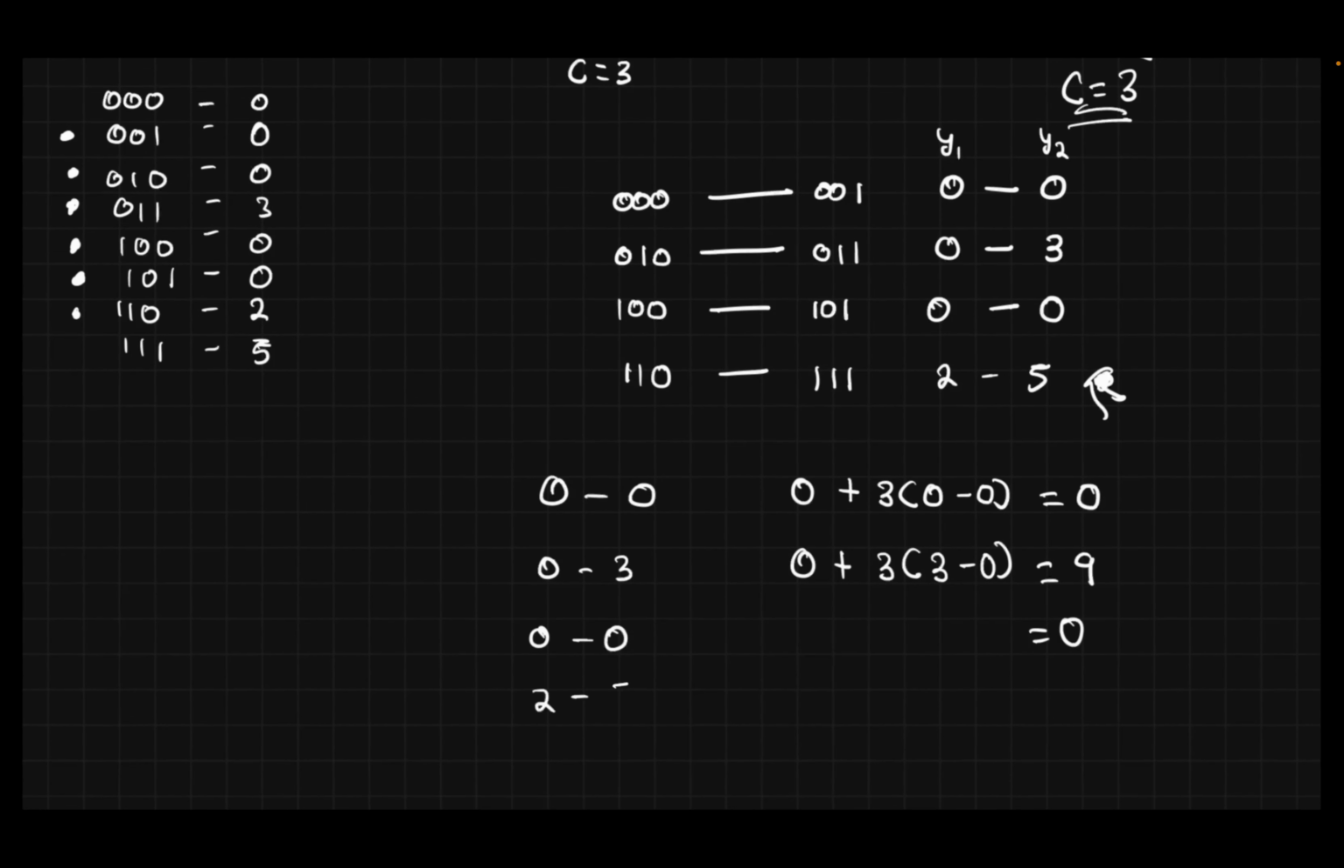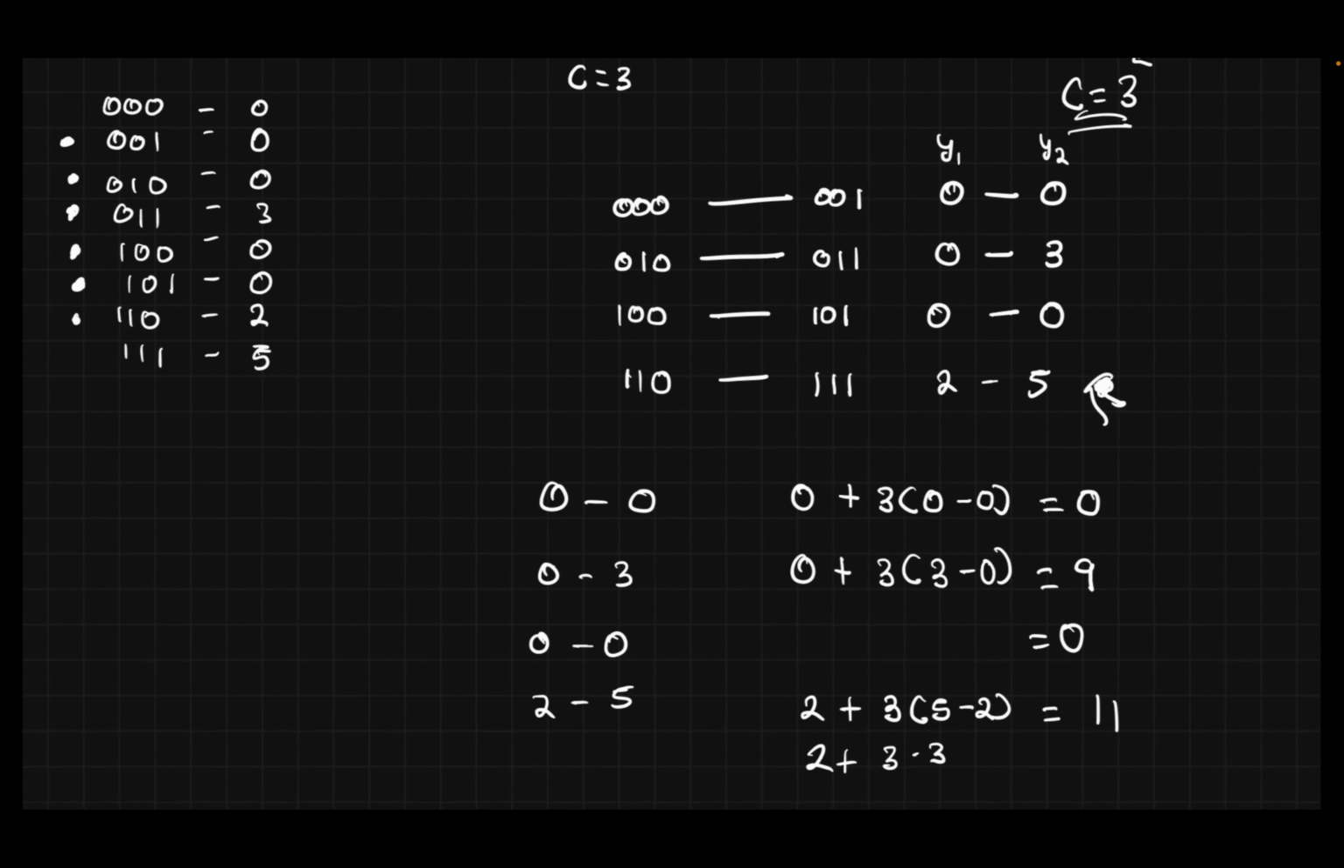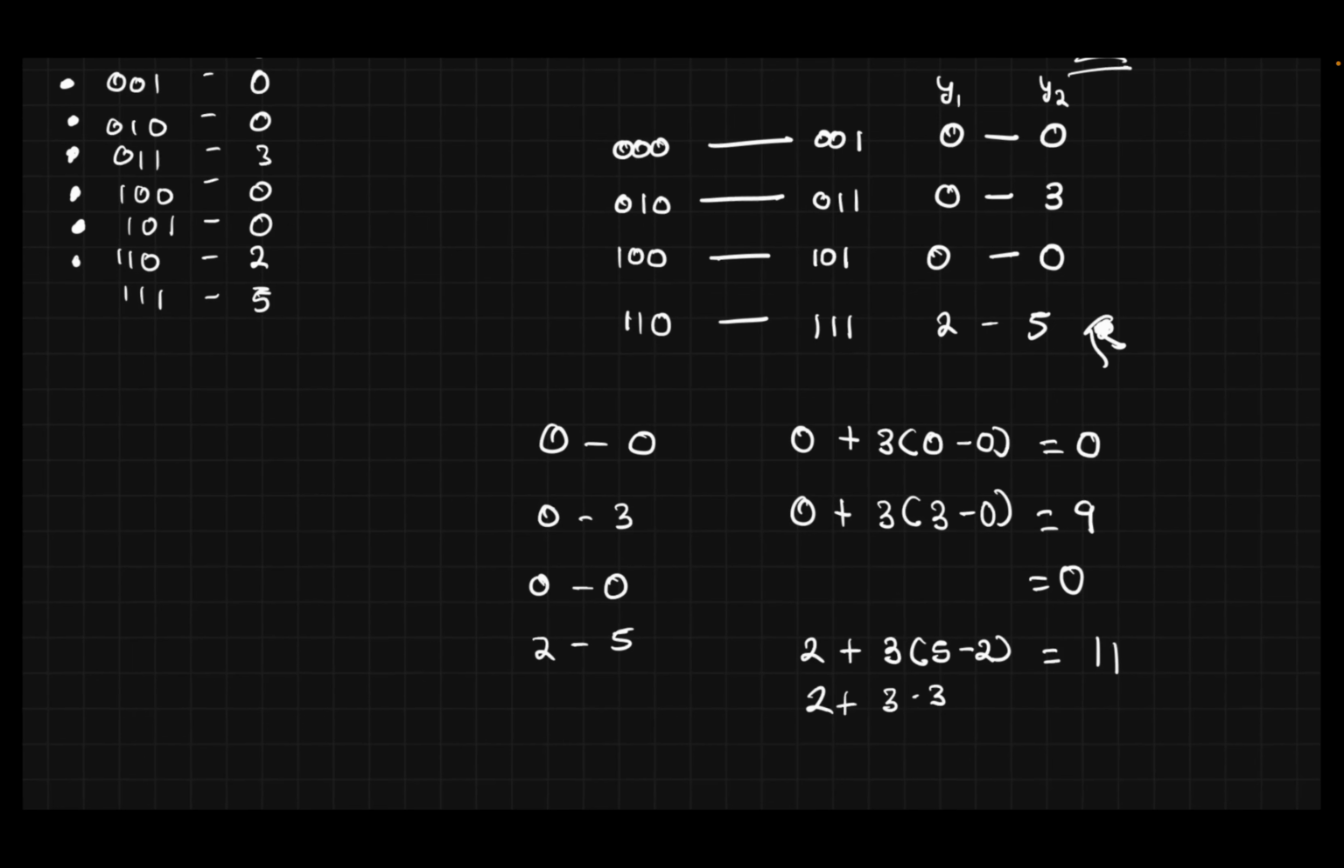Then we now have what? 2, 5. What is Y1? What is R? What is Y2? What is Y1? So this is what? 2 plus 3 times what? 3 times 3. That's 9 plus 2, that's what? 11. So this means that our new array is basically